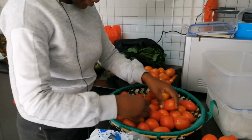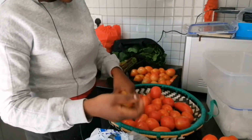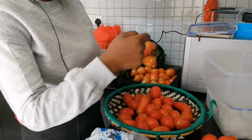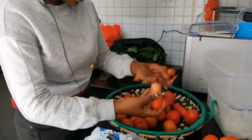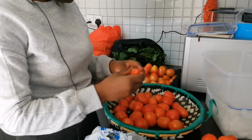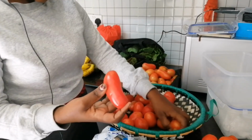Then I'll sort the ones that are not ripe, like these ones, because when you put the unripe ones in the fridge, they'll start rotting from inside. So it will be a waste. The ones remaining, I can see they are ripe. And you can see this tomato is really big. It's not a small thing, it's big. For 3 for 10 shillings,